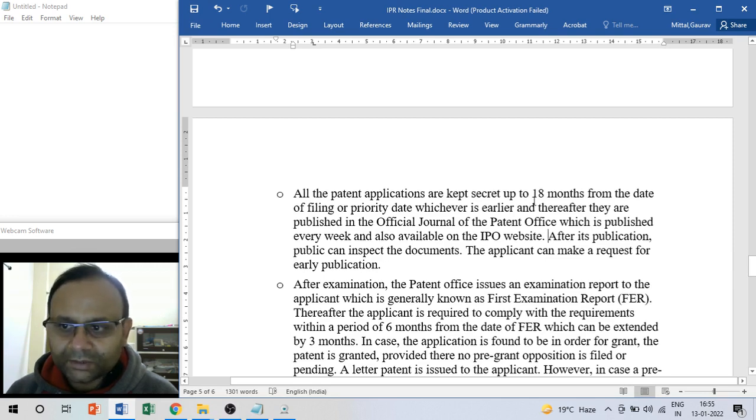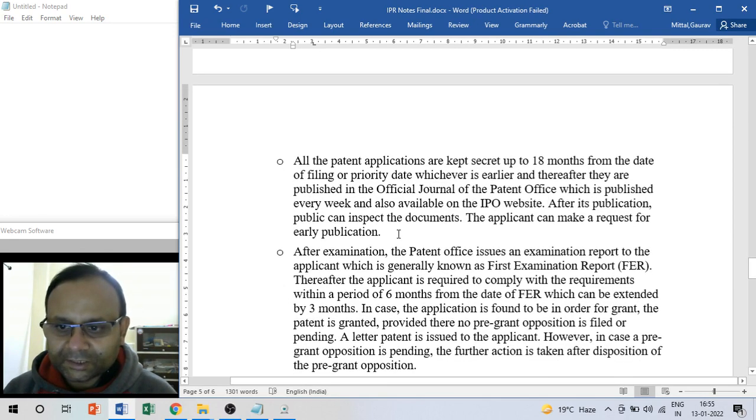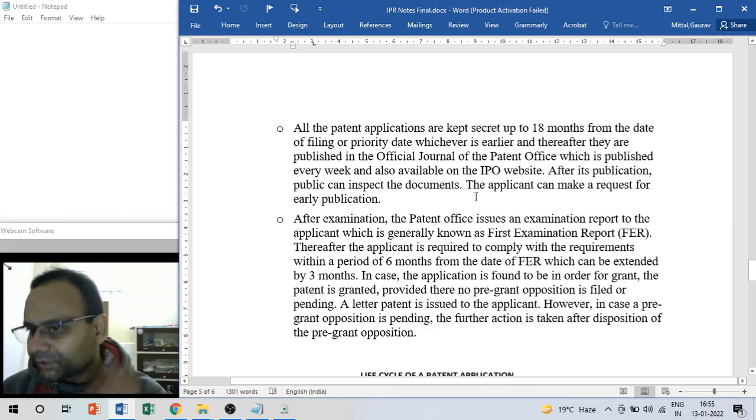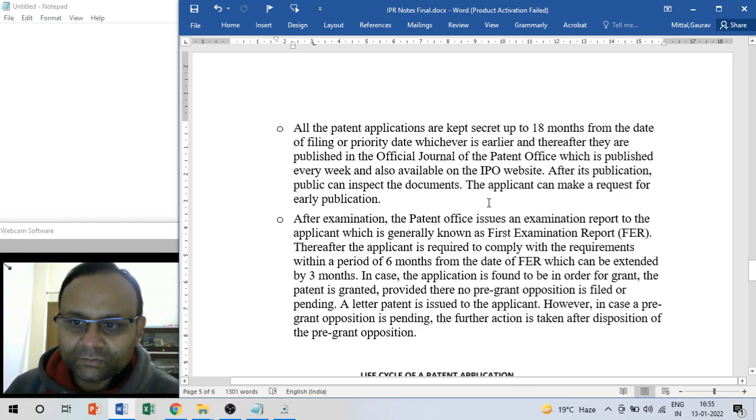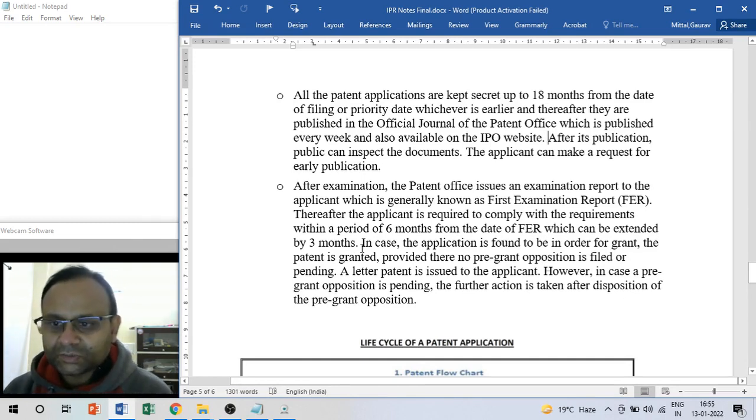Okay, so if you don't want to wait for 18 months, you want an early publication, there is a provision for that also. And then within 48 months from the date of filing you have to request for examination. I already mentioned that. And after examination the patent office issues an examination report, which is called FER, first examination report, and thereafter the applicant is required to comply with the requirements within a period of 6 months from the date of FER, which can be extended by 3 months. So within 6 to 9 months you have to respond to all the objections,